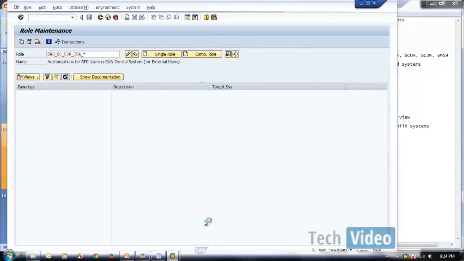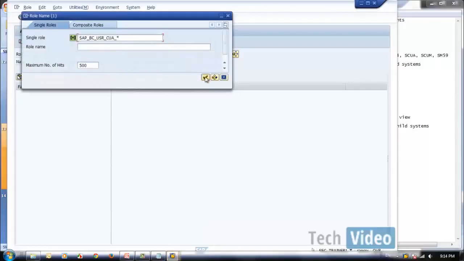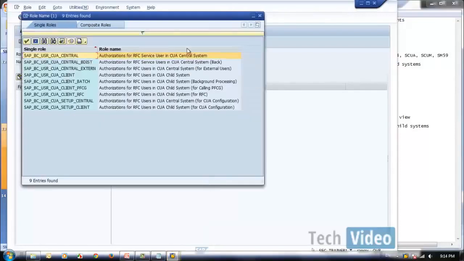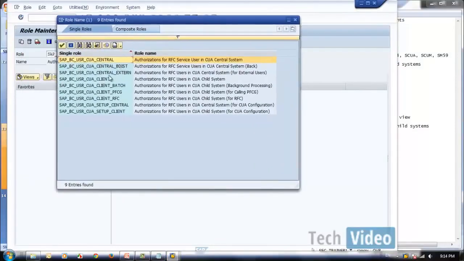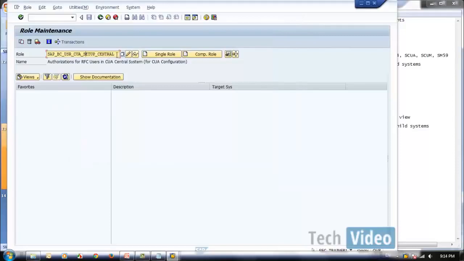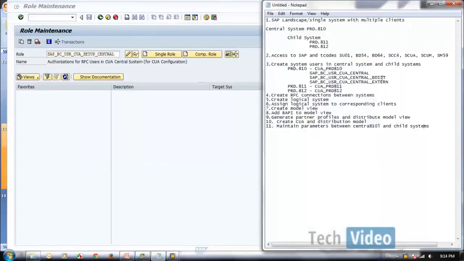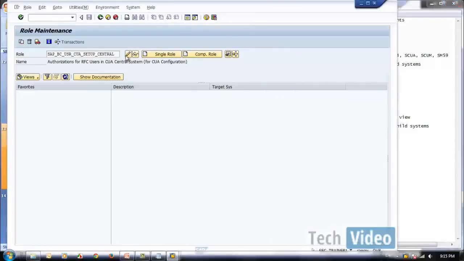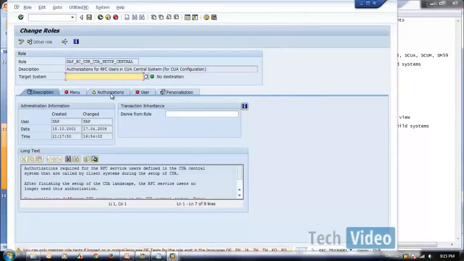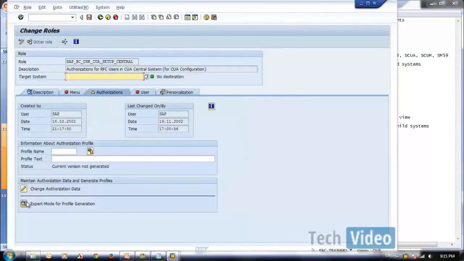Let me check this. This client, okay, setup central. Okay, this has the third role. So let me change this, setup central. Okay, this is the third authorization which we required.